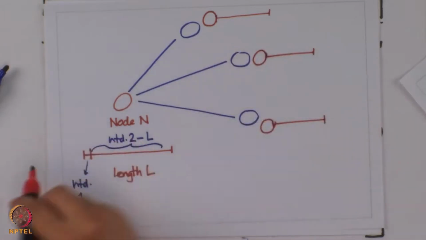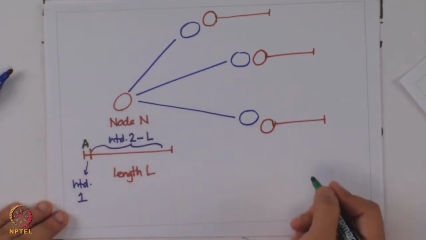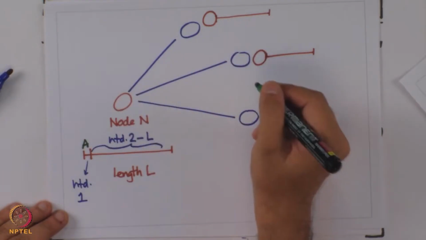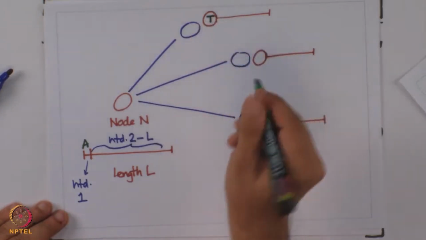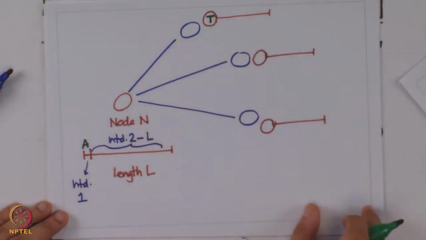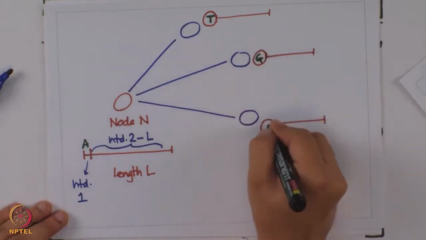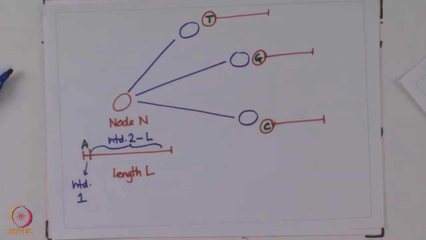So, imagine the nucleotide at position 1 in my node n was A, then one of the possible neighbors could be a T at the first position and the same identical nucleotide 2 to L for the remaining sequence, or it could be a G or it could be a C. So, the number of neighbors that node n has, which differ at only the first position of the sequence, are equal to 3, and hence the total number of neighbors